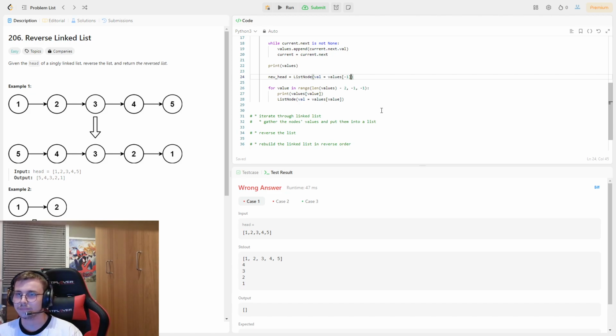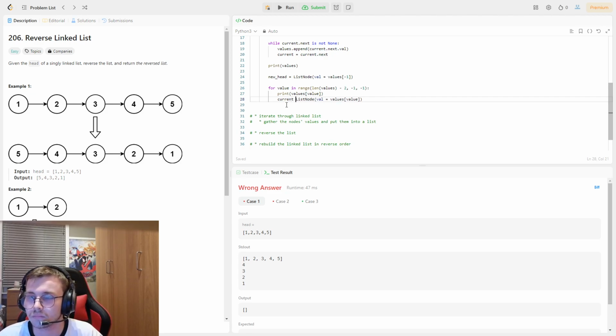So when you're iterating through it, we can say the current is equal to this, and then we can then say next is equal to previous,